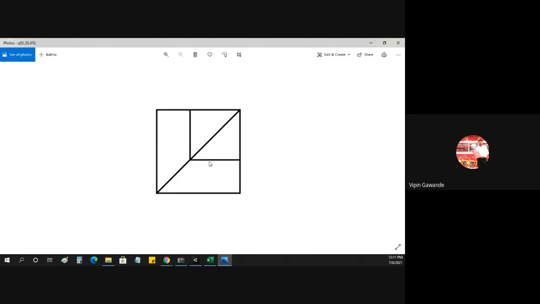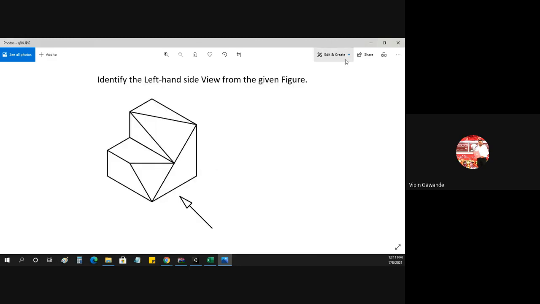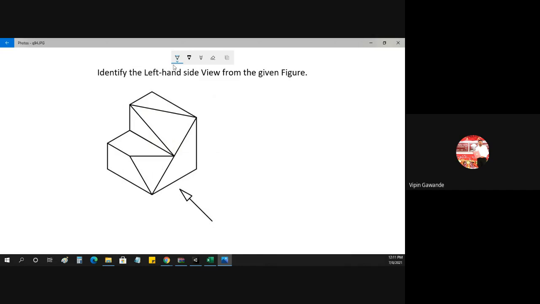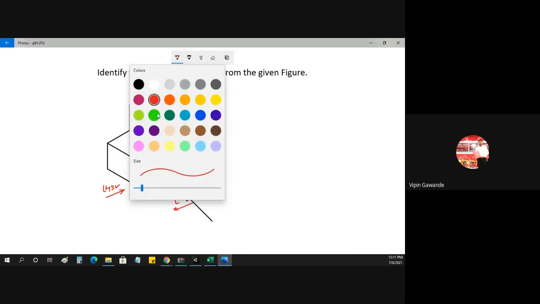Okay. Then afterwards, now let us check the next thing. Now here we have to draw the left hand side view. Here we have to draw what? Left hand side view. Now this is our front view. Okay. Just imagine you are standing here. Now let us check your left hand side, and then we'll get our left hand side view. Now what will be visible in the left hand side view?